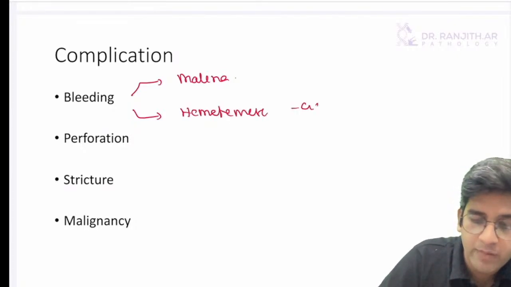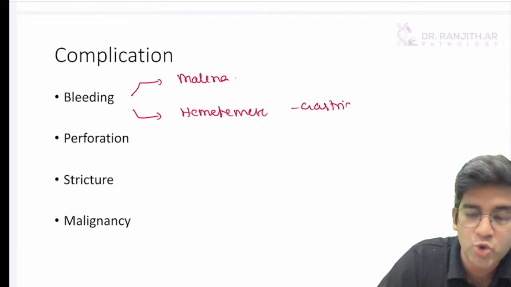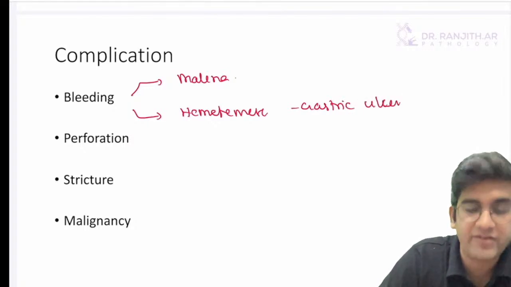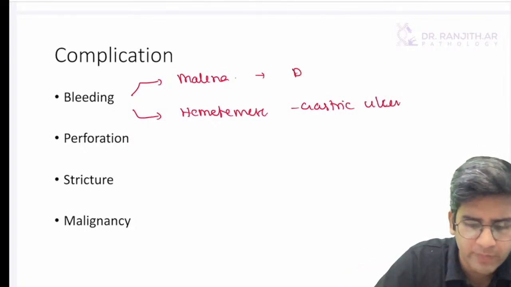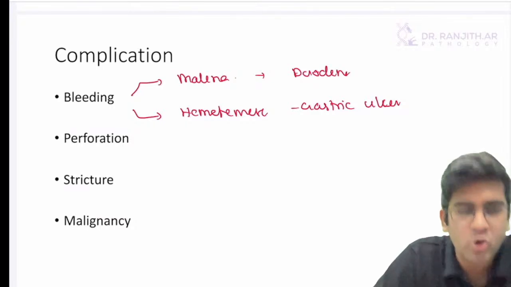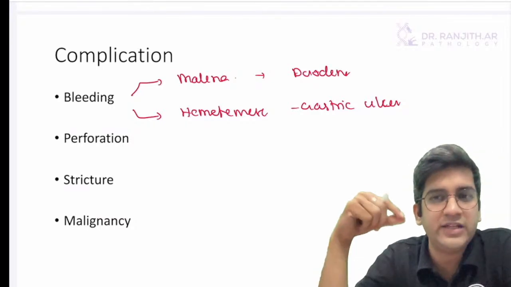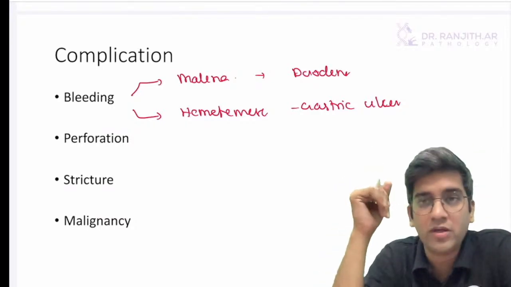Hematemesis is a little bit more common in gastric ulcer, because only when the gastroepiploic artery is involved will I have a huge source of bleeding. Melena is most commonly seen in duodenal ulcer. No major superficial arteries there. Tiny bleeding will be there. That's one. Cancer is by default.